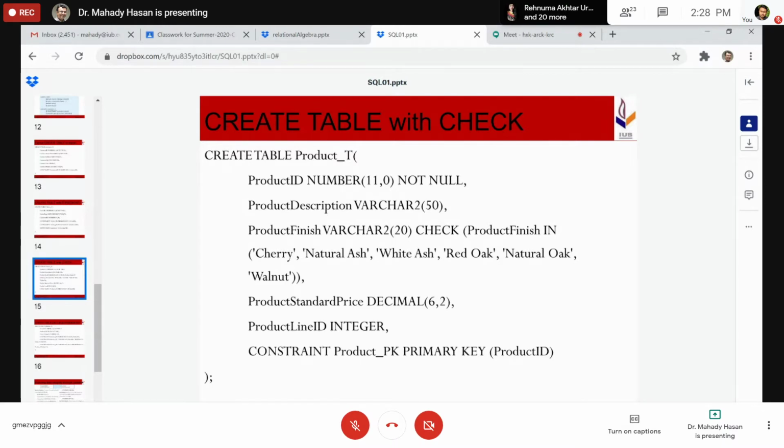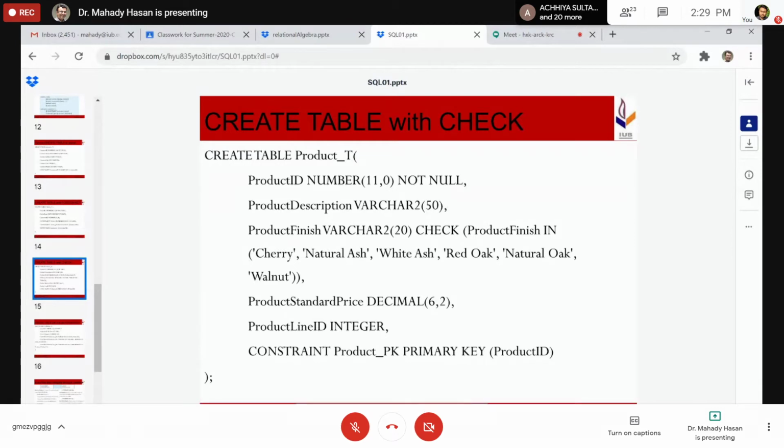You have seen the combo box. Have you seen the combo box? Yes, sir. Or checkbox. So it's like a combo box. When you click, then multiple options will come up. So you can't have anything other than those options, right? In case you have such limitations in your database, you don't want the user to use any other options, then you can use a command like this.